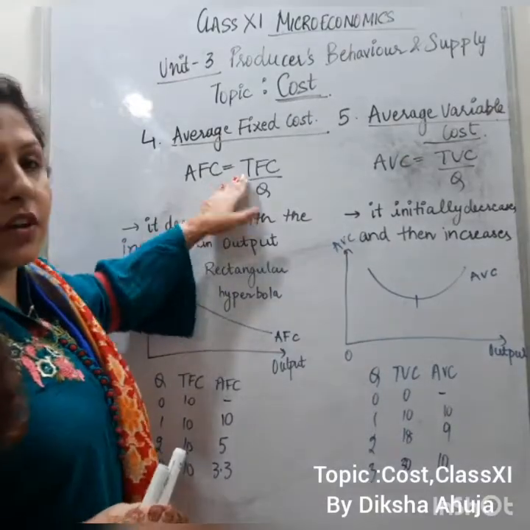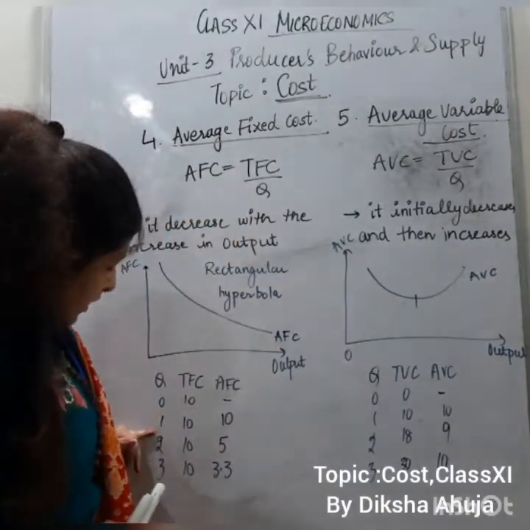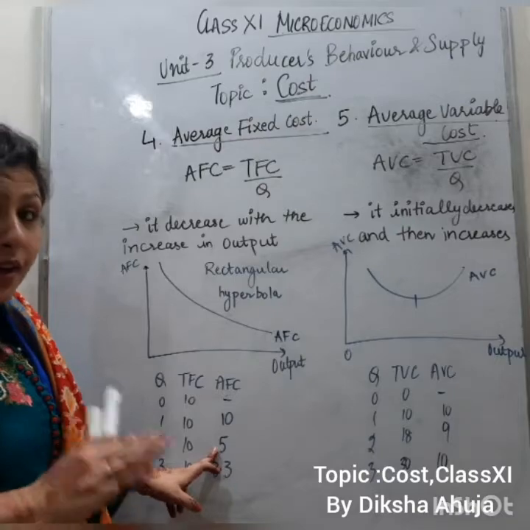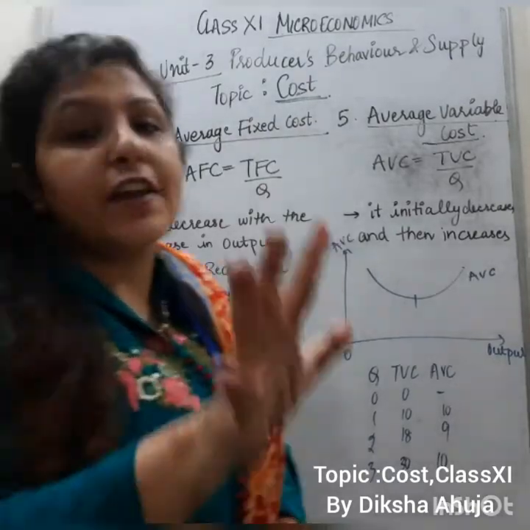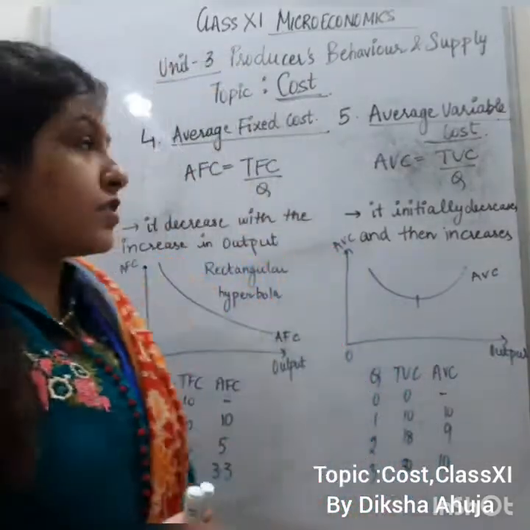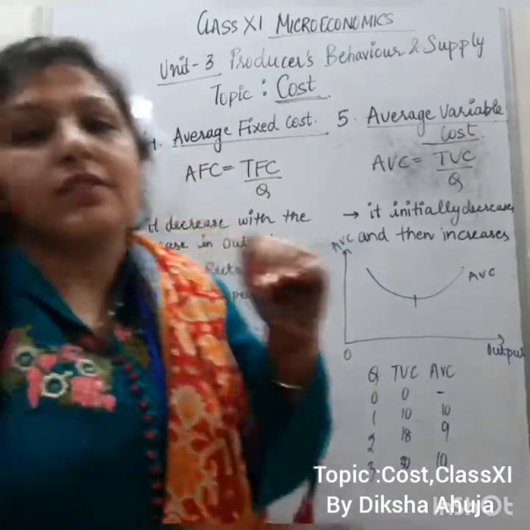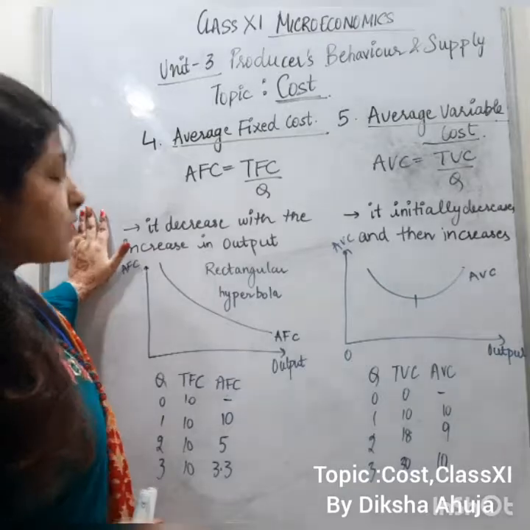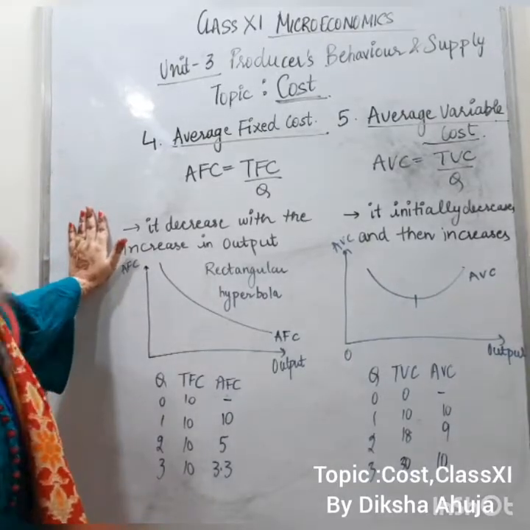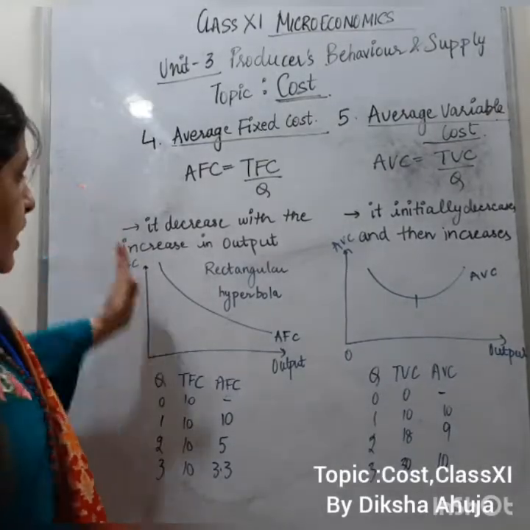Let's say the total fixed cost is 10. If I am producing 2 units of output, then per unit is taking 5 rupees of fixed cost. It is a per unit fixed cost, right? कितना हर यूनिट पे फिक्स कॉस्ट लग रहा है. Okay, so what is the nature of average fixed cost that you should learn? It decreases as the output